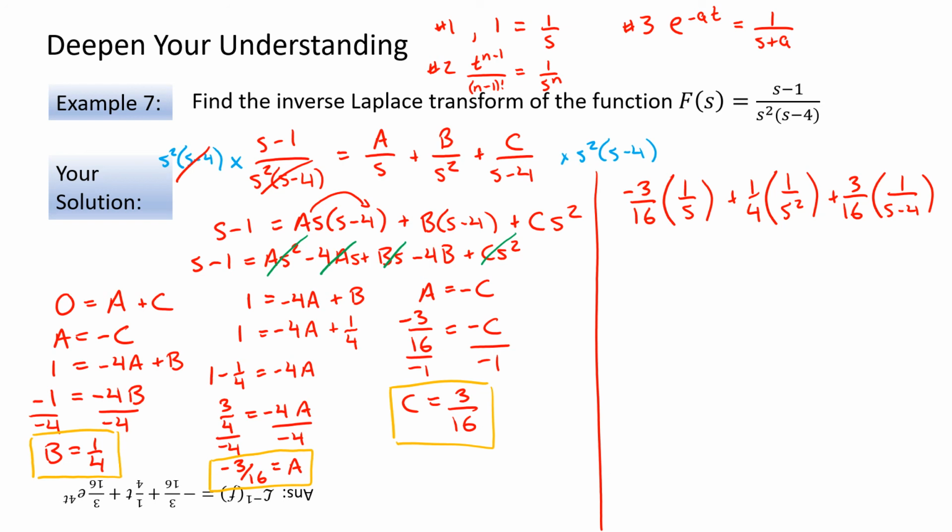So for equation 1 here and 2, it's relatively straightforward. For equation 3, we have to know what a is. So a must be what's in the bottom here, or a is equal to -4, right? Because it's that second value in the denominator. So now, if we find the Laplace transform, or sorry, the inverse Laplace transform of each,